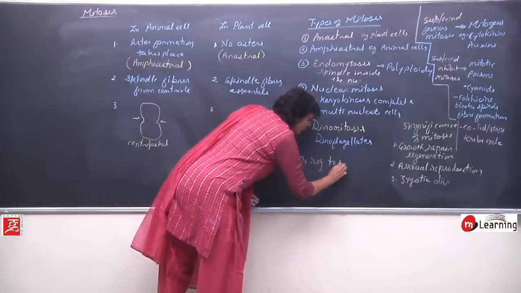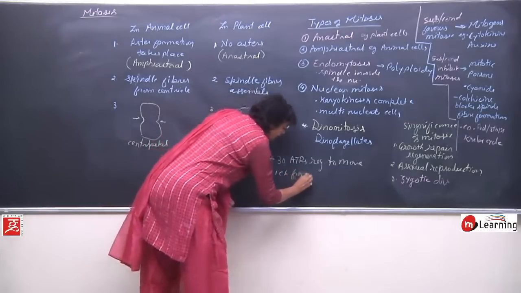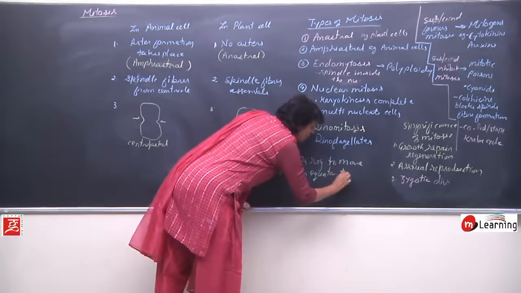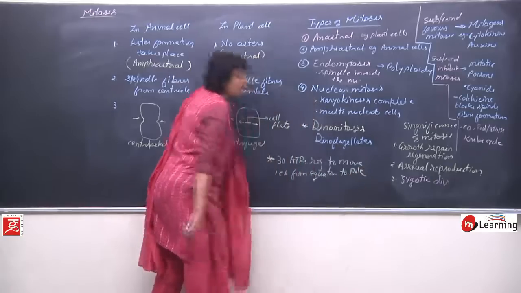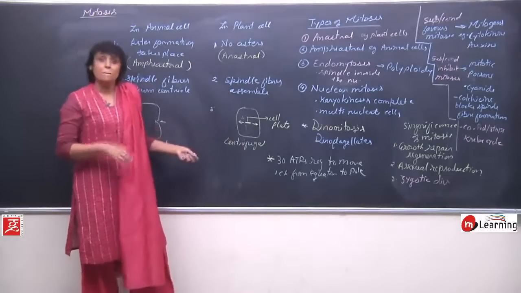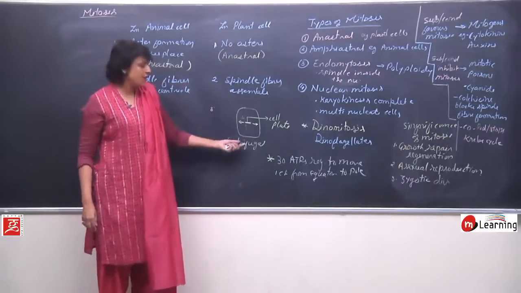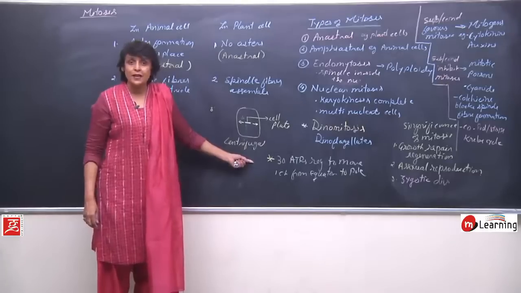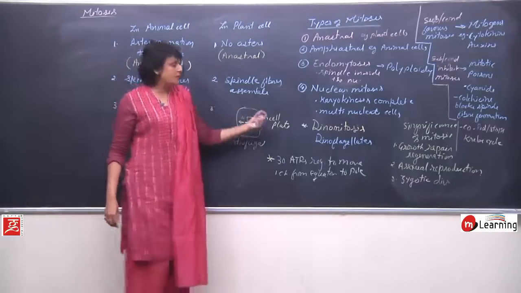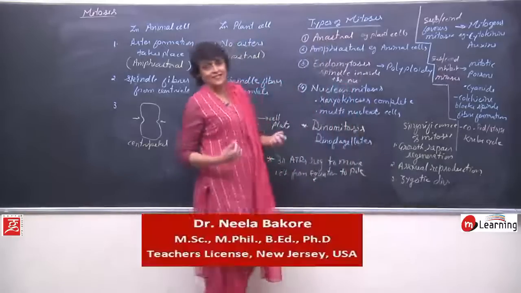to move one chromosome from equator to pole. How many chromosomes are there? In case of human beings, 46 per cell. How many cells? Millions, billions, or maybe trillions of cells. So how much ATP is required? Infinite numbers. So ATP is very, very important, and that's why when Krebs cycle gets blocked, it immediately affects the